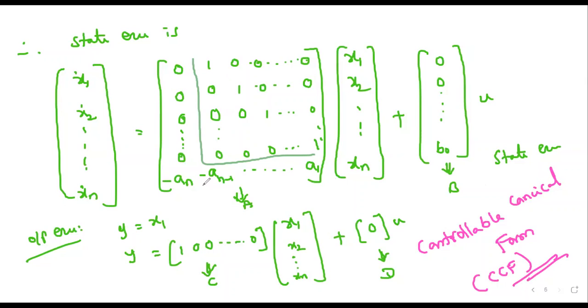Okay, if the total state equation and output equation are in this format, then it is called controllable canonical form. And sometimes they will also ask not only the explanation of controllable canonical form,